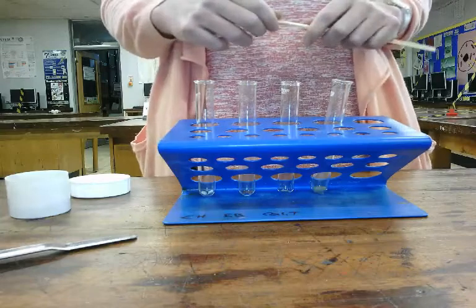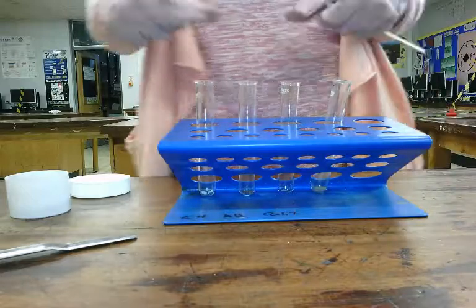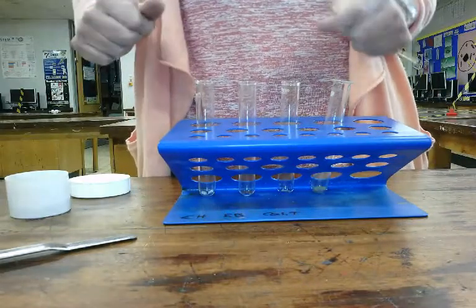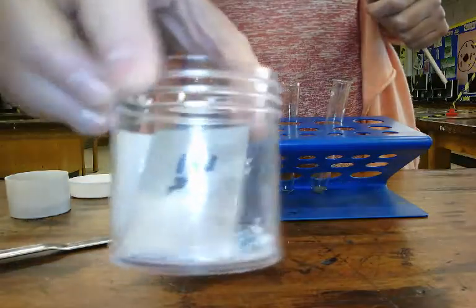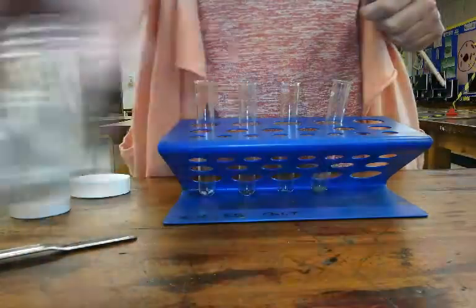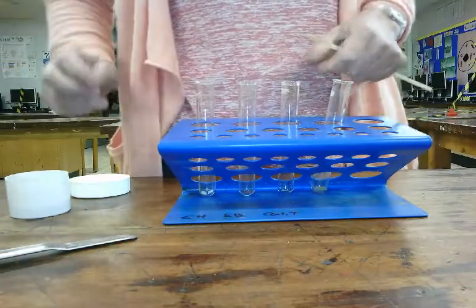Lesson 2, Year 11, Metals and Acids. Now in these test tubes I've got a variety of metals. In the first tube I've got pieces of zinc. In the next tube I've got magnesium,